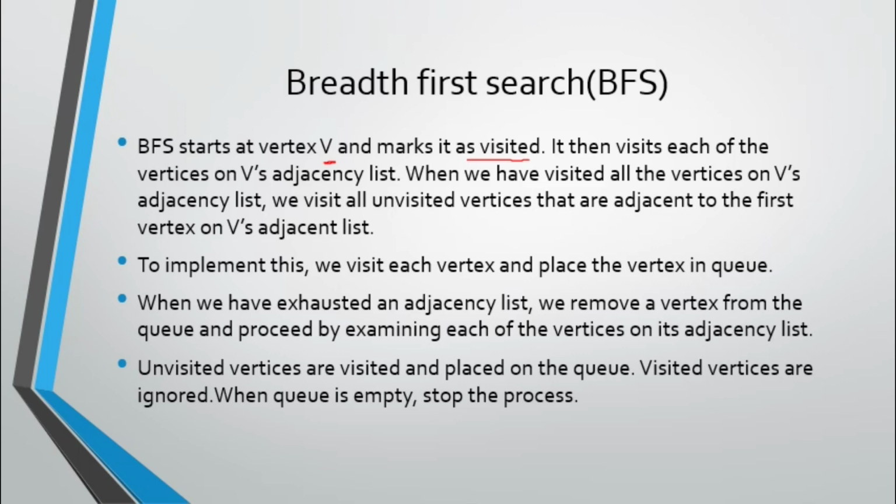In DFS we go to one vertex, then from that new vertex, we again go forward. But here it is not like that. Here, when you visit a vertex, you have to visit all its adjacent vertices. That is the important thing. And you have to put them in the queue, and that is how it proceeds. There only one, here all. Whichever vertex you come from, all the other vertices you need to visit at once.